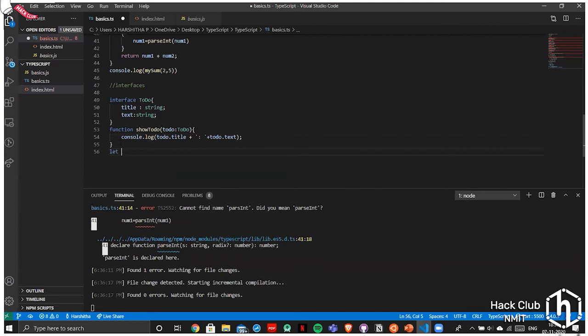Next, I will let my todo equal title. I'm just putting in the values, title and the text.